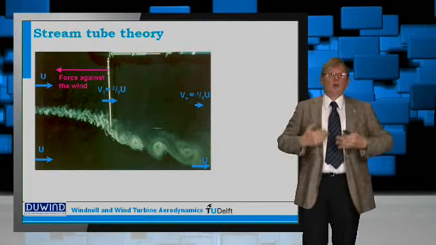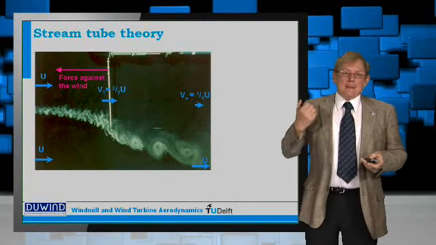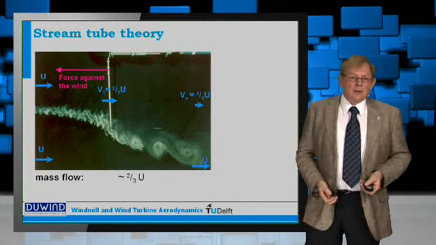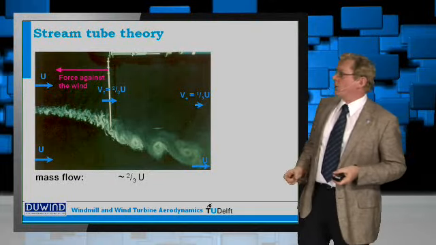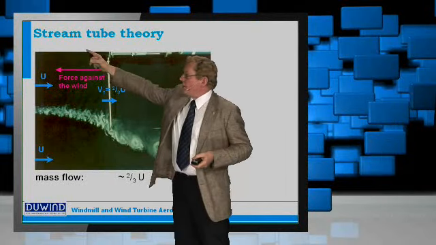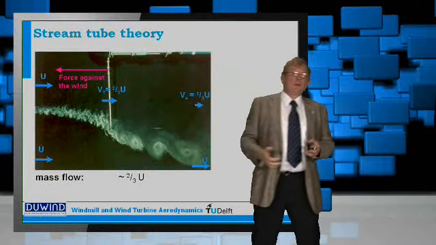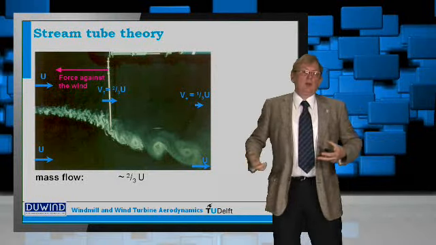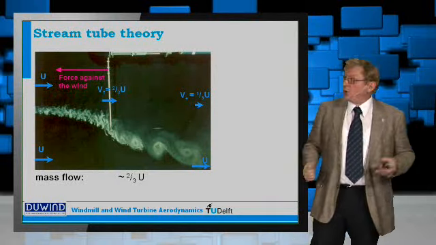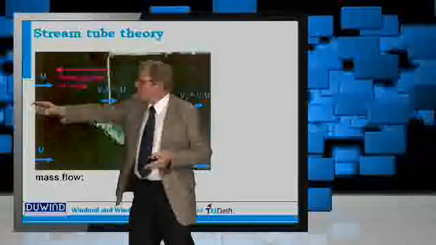It's not going through the rotor anymore. The conclusion is then that the mass flow through your rotor, so that's the mass flow through this area over here, is only 2/3 of the mass flow that you think you can capture, because 1/3 is in fact escaping over here, from here,